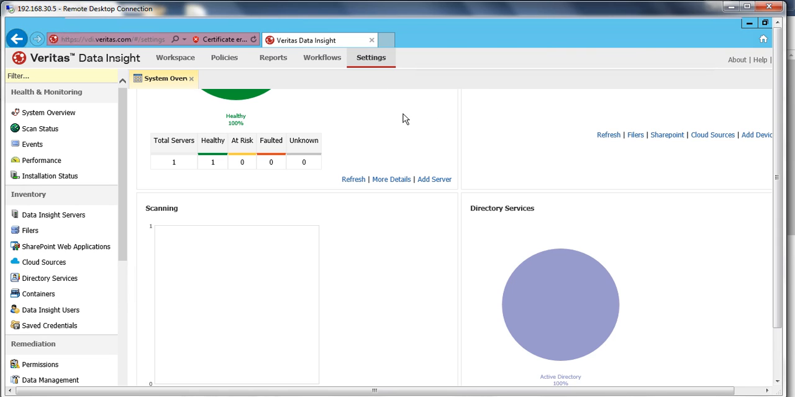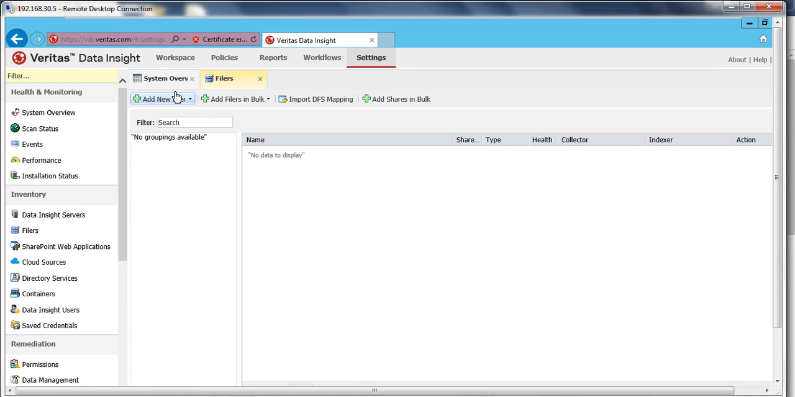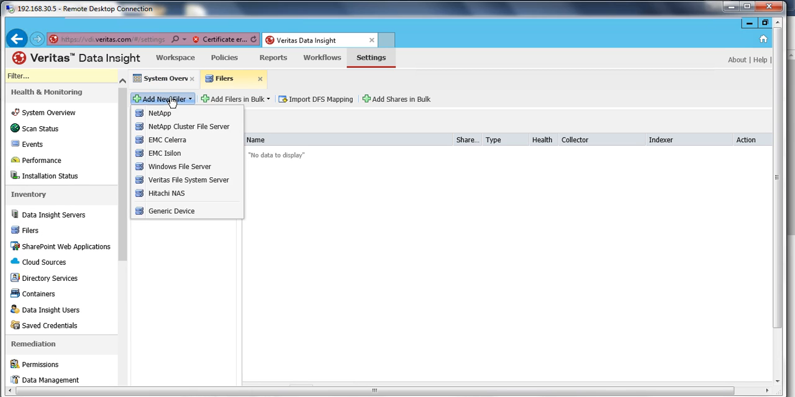So what you have to do is, under the settings, you'll go to inventory, and then there is filers. You'll click on this, and then you click on the add new filer button, and you can see that these are the different file servers with which Data Insight is compatible. In my case, it's Windows Server 2012 R2 Data Center Edition, on which I have enabled the file services role. So I'll select Windows File Server,